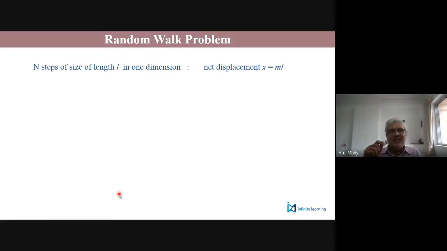If he makes n steps, some of these will go forward, some will be backward. So the number of forward steps minus the number of backward steps times L will be his net displacement. So here what you see as m is actually the net number of steps in one direction. So you can say it is the number of forward steps minus the number of backward steps. Each step is of length L. If we just keep on counting the number of steps, that's good enough because L you can put in any time later on. So I repeat, it's a random walk problem.